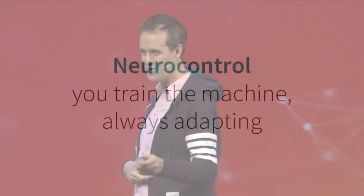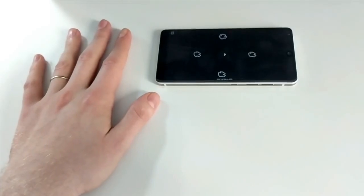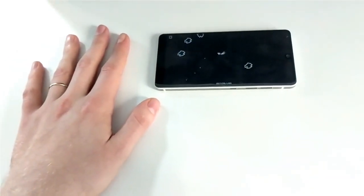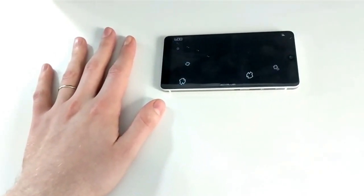It gets crazier. I want to show you neurocontrol. So neurocontrol is no longer about you moving, it's about you not moving. This is my co-founder, Patrick Kaifosh, playing Asteroids on a phone. Asteroids in the arcade took 2 hands. I wish we had the sound on right now because it's actually kind of fun, but the point is he